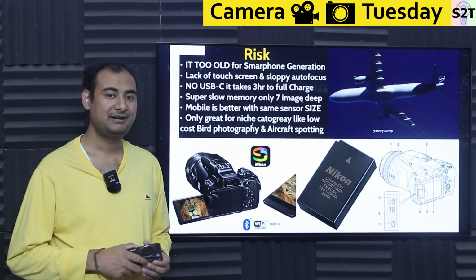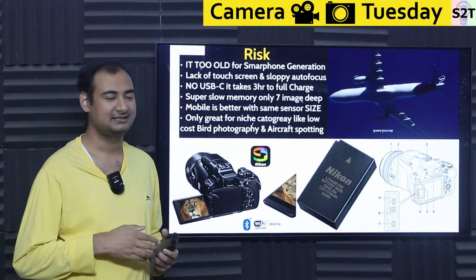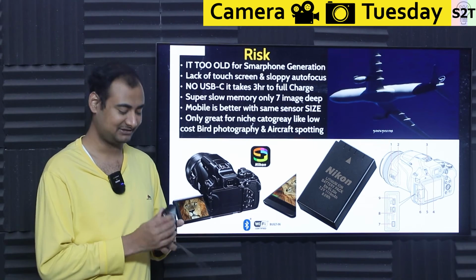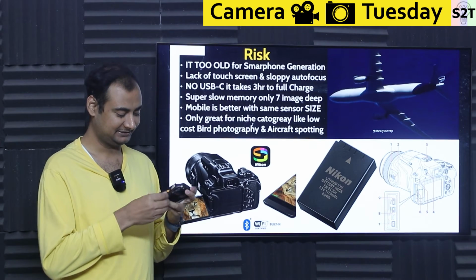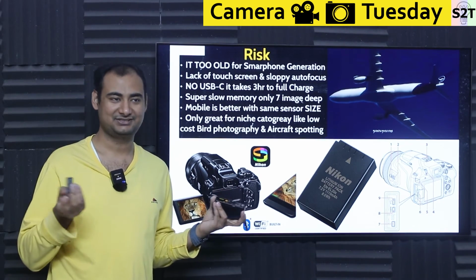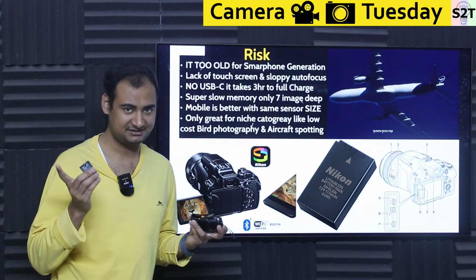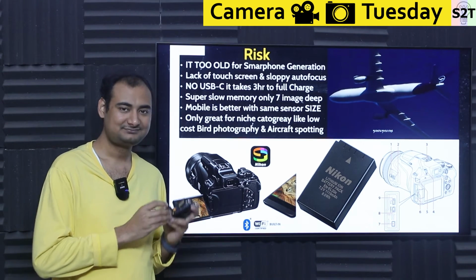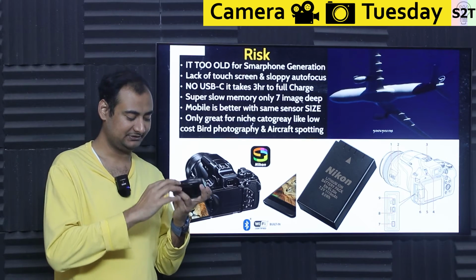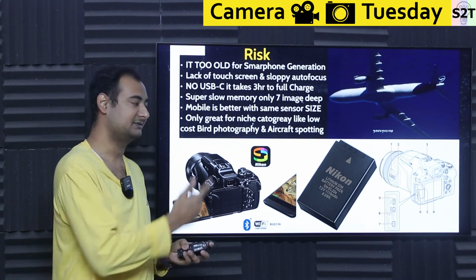And here's the deal. The battery charges in the camera. It reminds me of the good old days of this camera. I have to open the door, I have to pull out the battery, and then I do nothing, because this is not how you can charge. You can buy third-party chargers for it, but you can't do much about it. You have to close it, then put in a proprietary cable, in this case a micro B cable, and